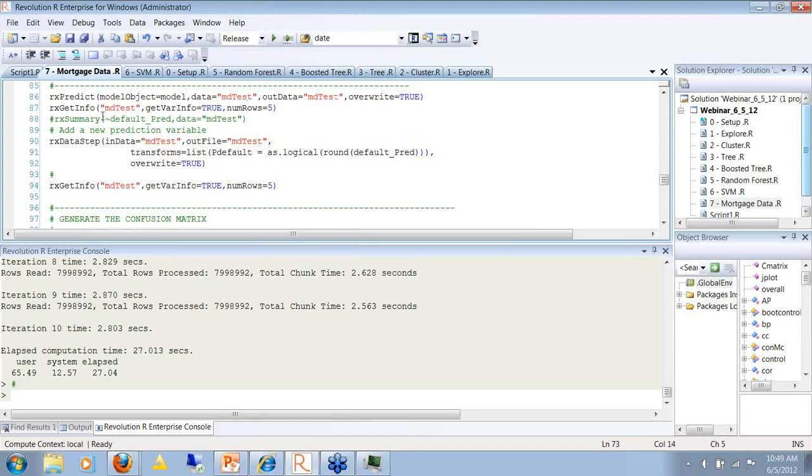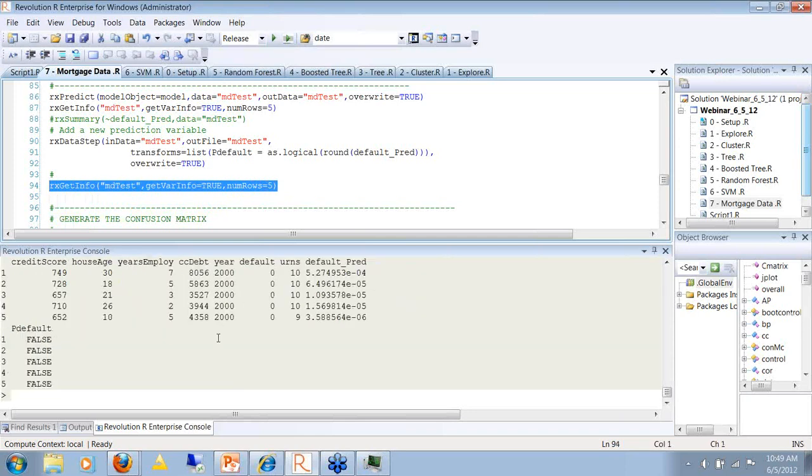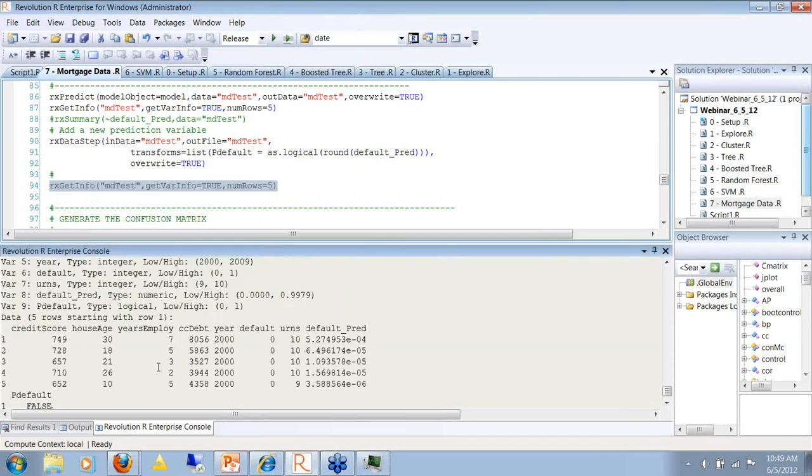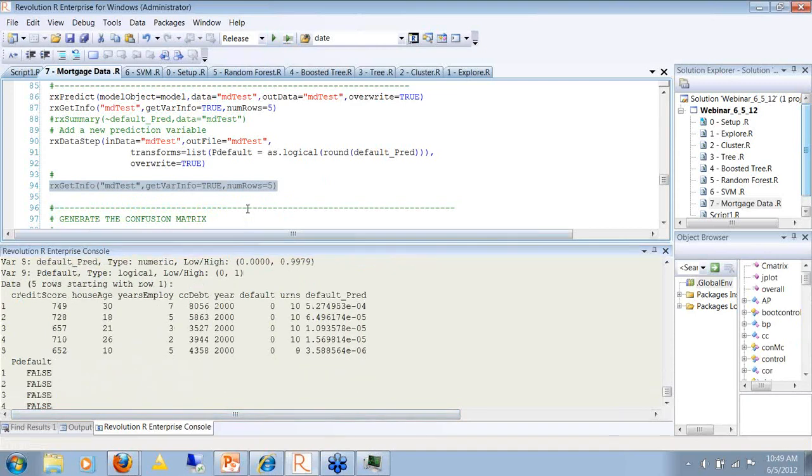And you can see that I'm taking the model object here. I'm using the test data to do the prediction, and I'm putting the data back into the test file. I already ran that. And this shows you now I have a new variable with a prediction default.